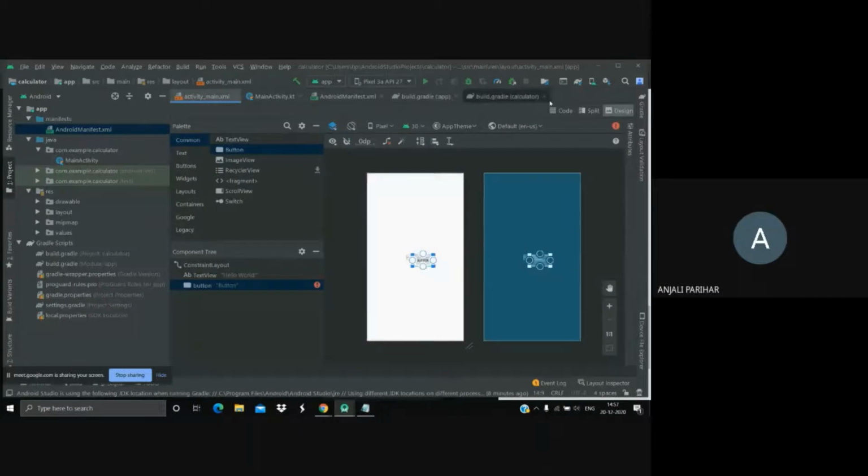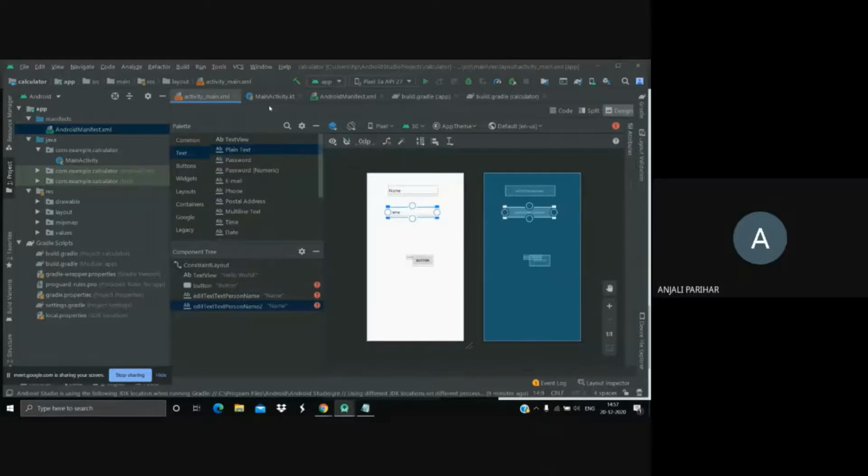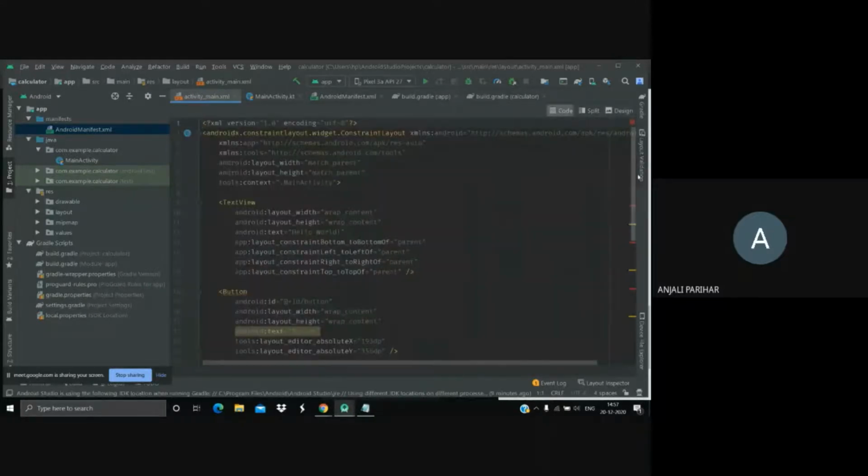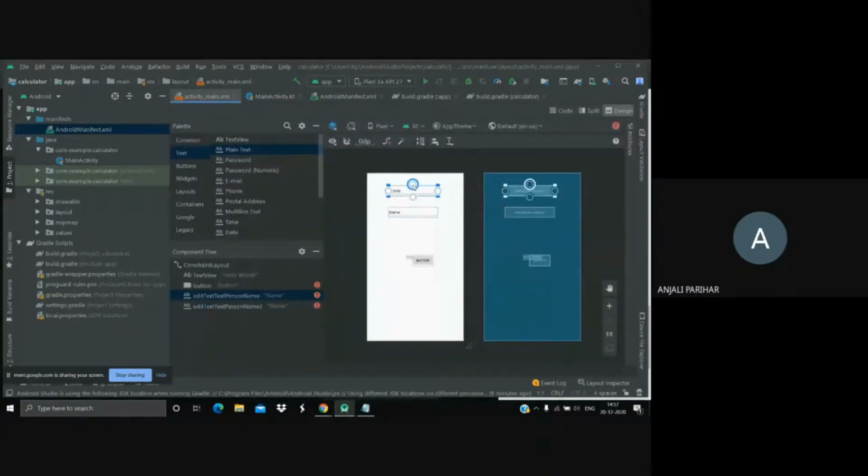Let me tell you how it would look, the design part and how it works. For two edit texts, you can have them like this. First thing is we are working on a constraint layout, which is the parent layout. While working in constraint layout, for each view you need to adjust it with the parent, as well as with other views. This is something we should keep in mind when we have so many views and need to build a simple layout.